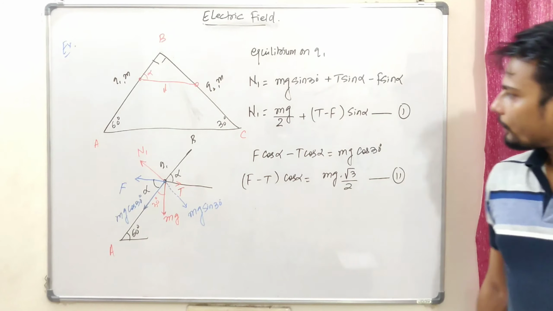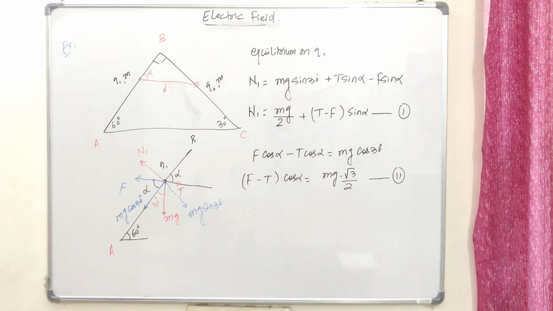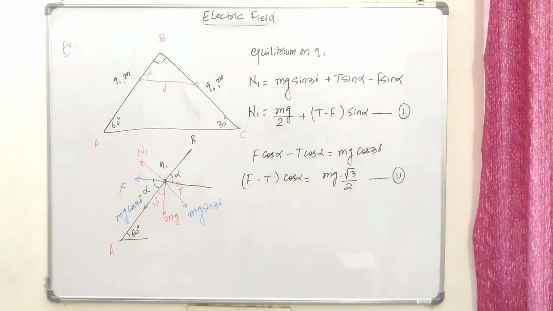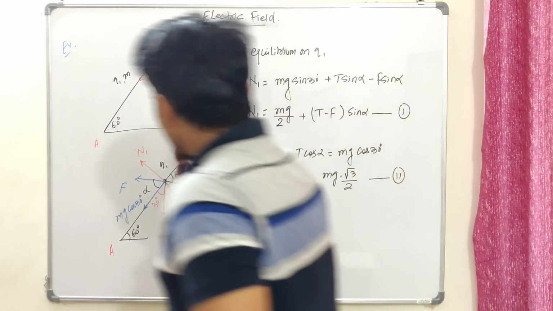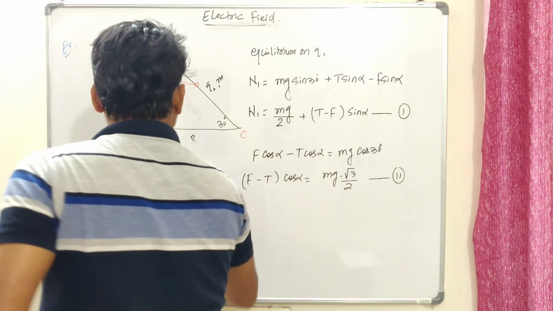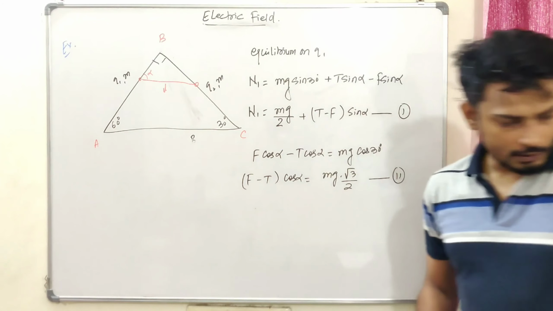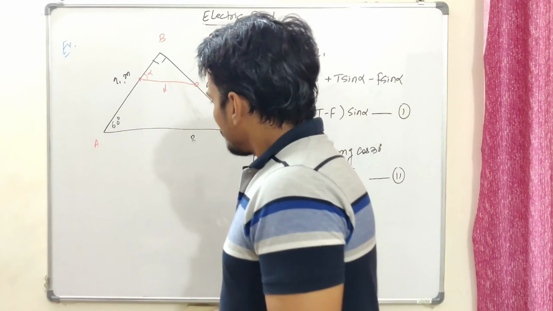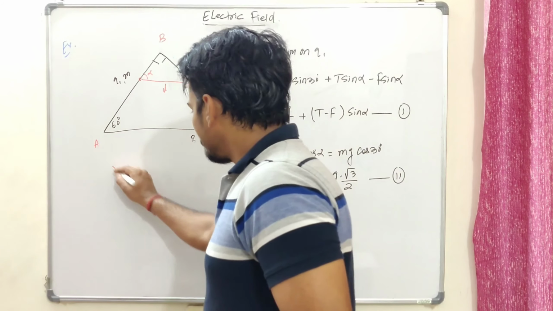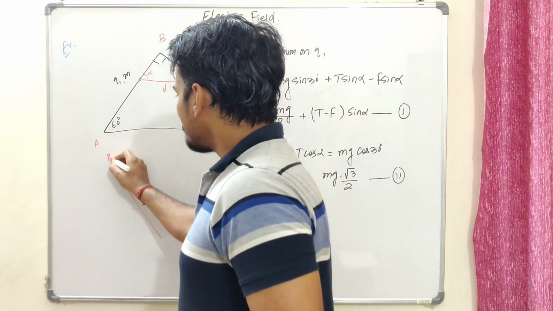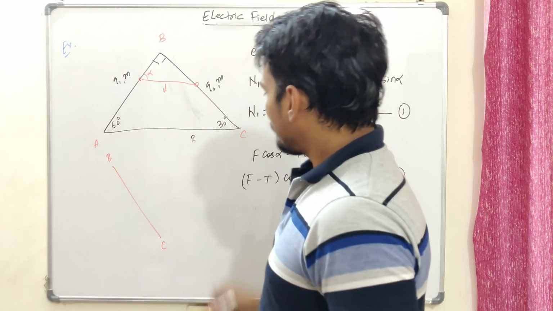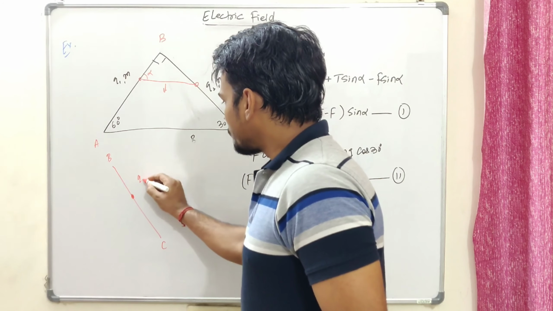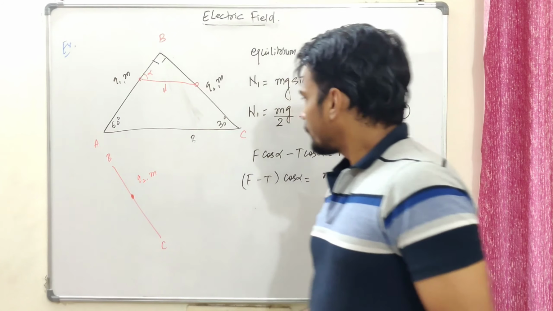So let me for now just quickly note it down so that I can go ahead and talk about equilibrium at this place. I'm going to use this space over here. Okay. So if I look at the equilibrium of plane BC on charge Q2, that should be, let us draw the figure first. So here we have this BC, and here we have this bit kept here, charge Q2, mass M, and this angle is 30.